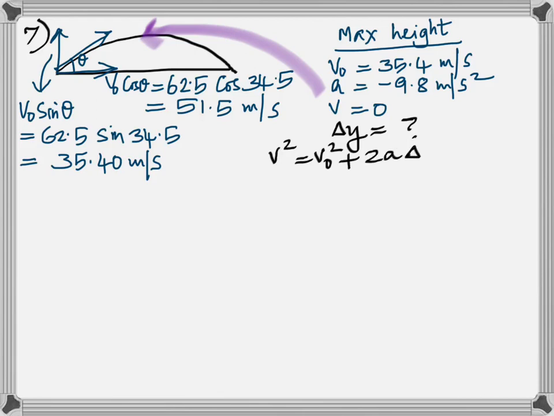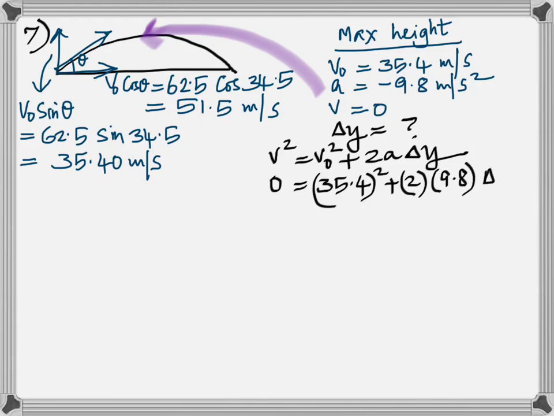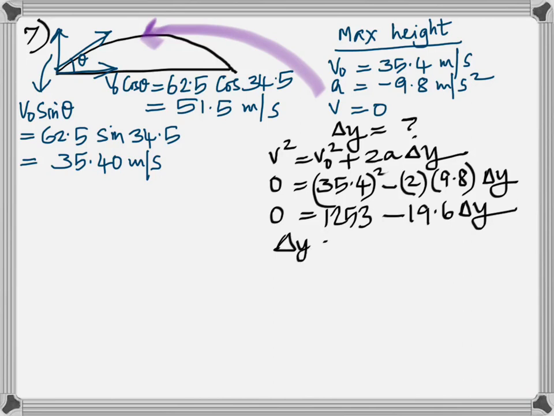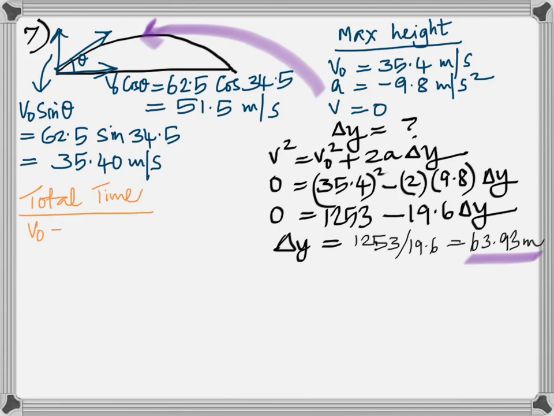Use this equation and plug in the numbers to get the maximum height as 1253 by 19.6, which gives 63.93 meters. Now to find the total time, again use the initial vertical,